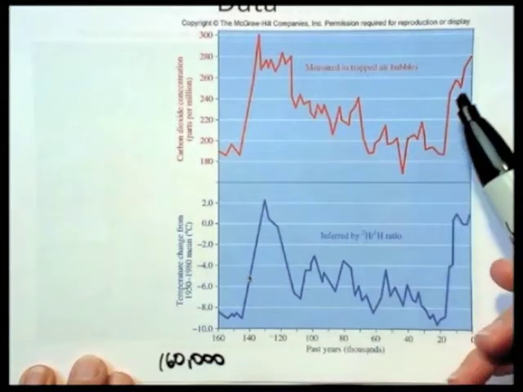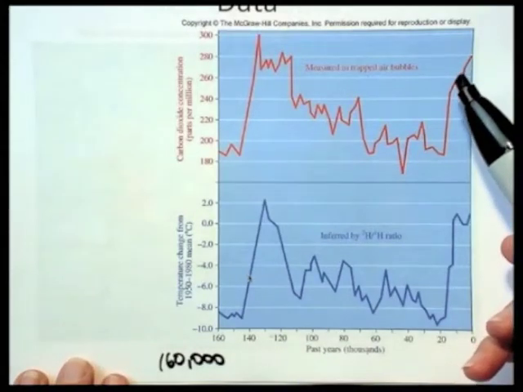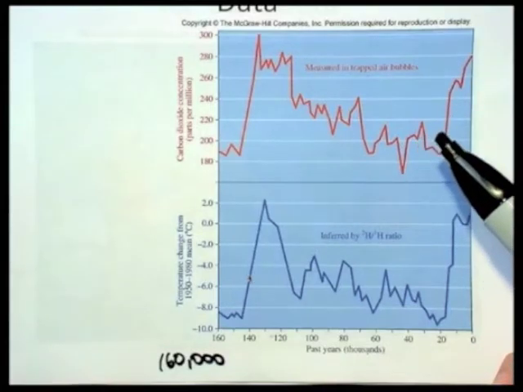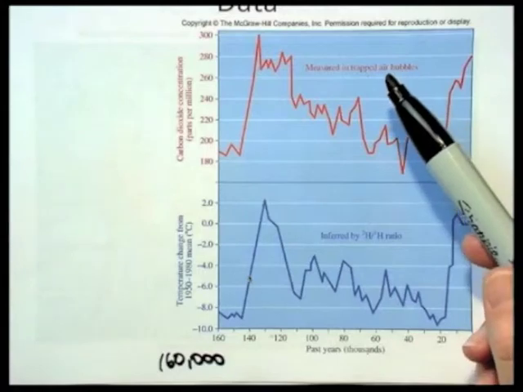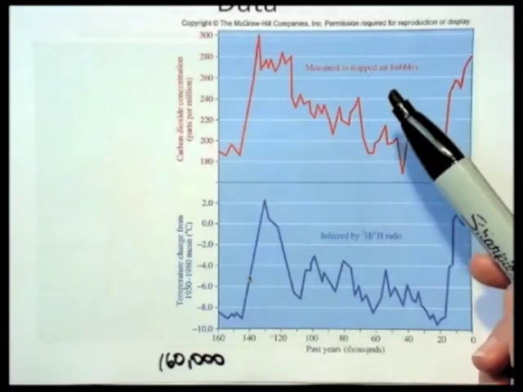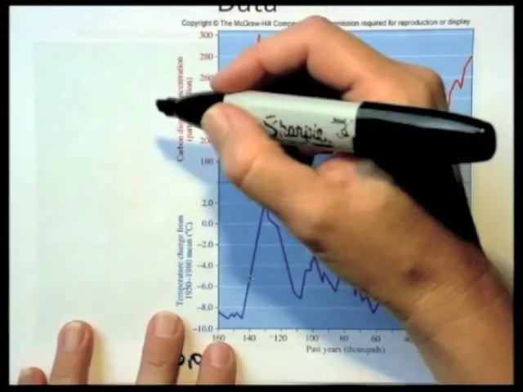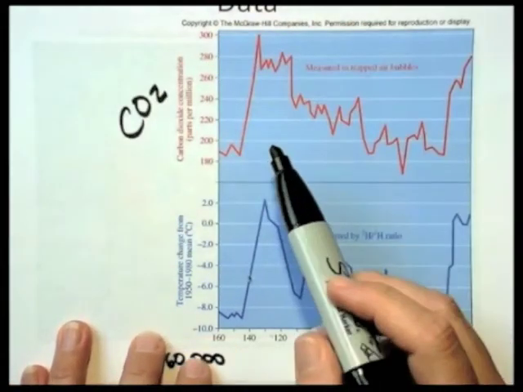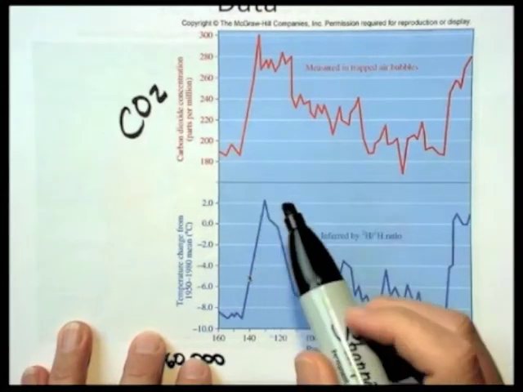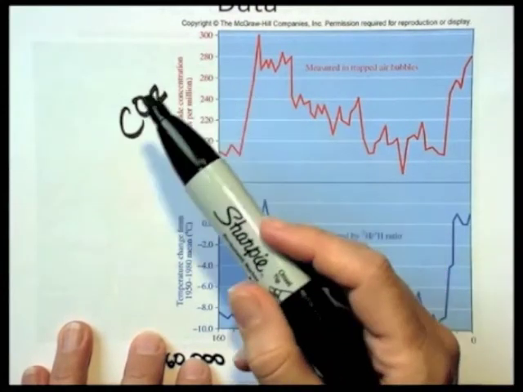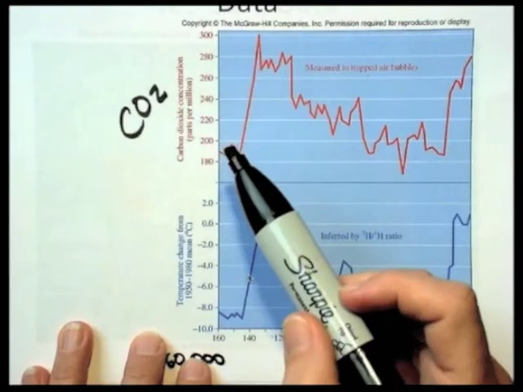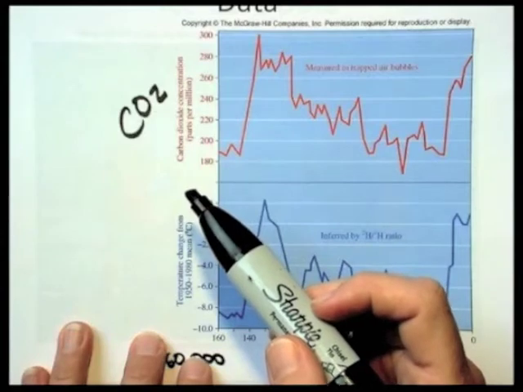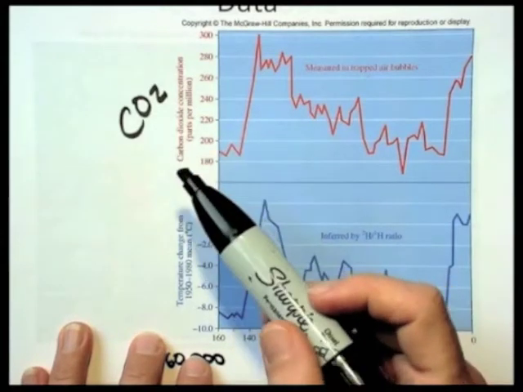And what they do is they can take the ice and very carefully separate the ice and then put it in a container and measure the concentration. There's little air bubbles trapped in the ice. They can measure the concentration of the carbon dioxide. So this is the carbon dioxide concentration in the little bubbles over time. And that concentration in the bubble must indicate the concentration of carbon dioxide that was in the atmosphere at the time,